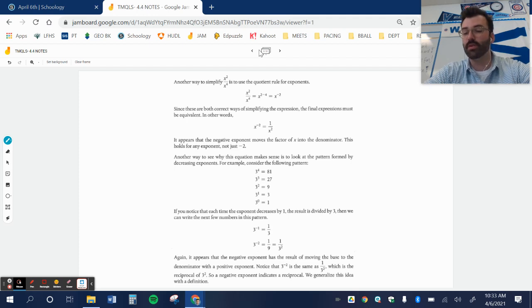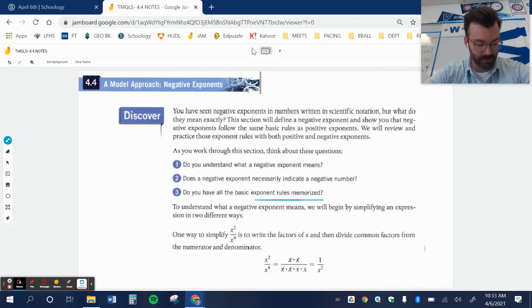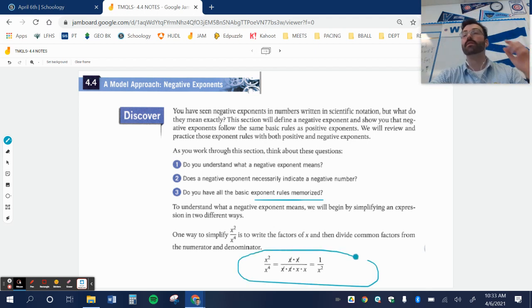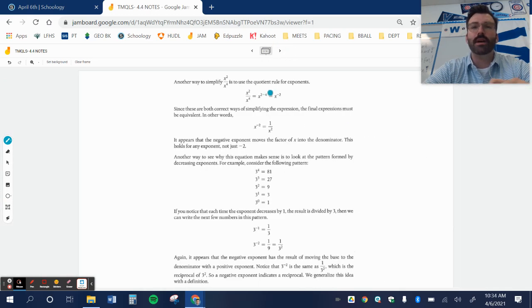So there's all this writing about negative exponents. A big thing, I want you to take a look at this. Another way to simplify is to use the quotient rule, and we want to subtract, and we would get x. The first explanation said just to cross it off. If you look at the bottom of page 476, right down here. I could use the cross off method, but really what we're doing is subtracting 4 minus 2, right? Again, you could use the quotient rule, which is the actual exponent rule where we subtract